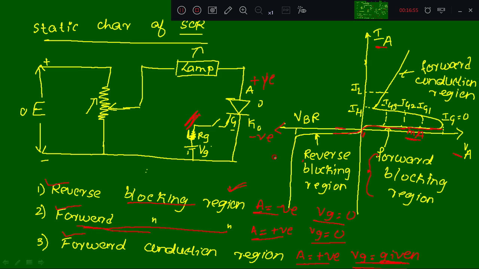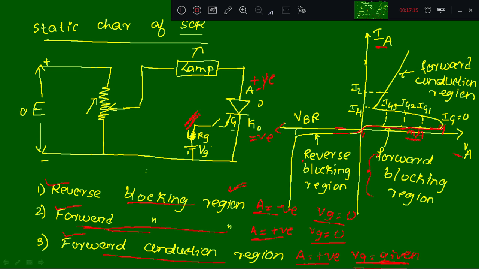In the forward conduction region, this is the proper way to turn on the SCR. The anode is made positive and the cathode is made negative. Initially we will not give the gate.